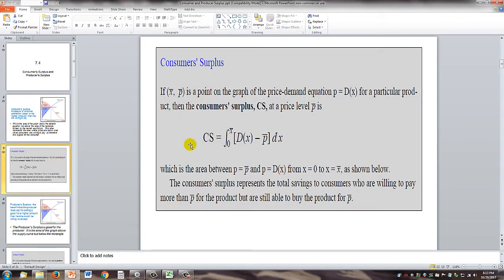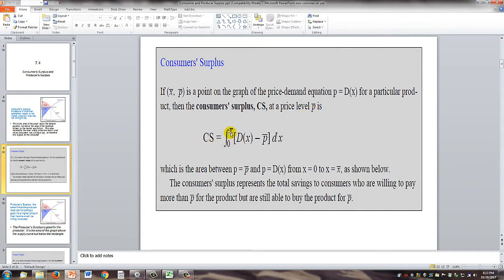Here's the formula that I got from the book. You may want to memorize it, but we're going to find the consumer surplus in Excel in a way that's a little more easy to understand for some students, but some of you might like this formula. I'll explain it. First, X is the Q, quantity. If X bar, P bar is a point on the graph of the price demand equation, P equals D of X for a particular product, then the consumer surplus CS at a price level P bar is CS equals